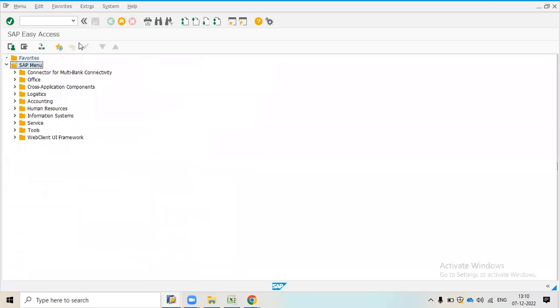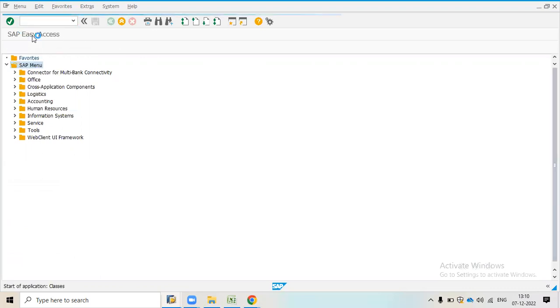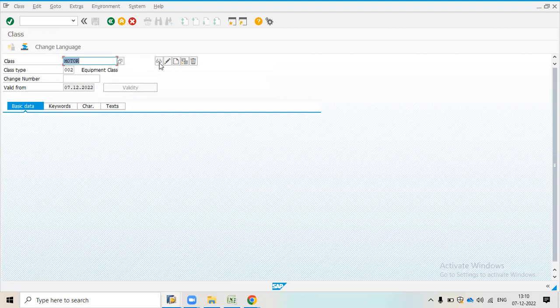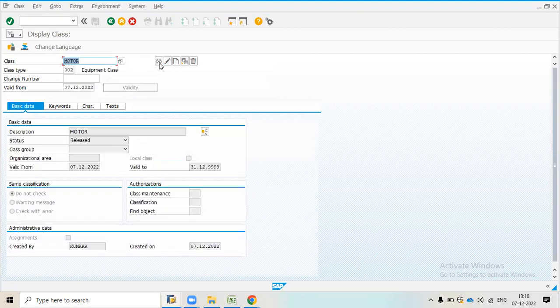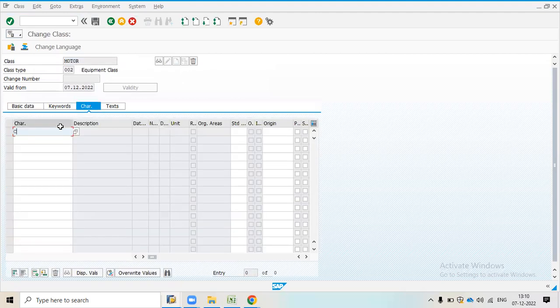Whatever characteristics we have created by using T code CT04, we are going to assign to some class. We have already created a class as motor, and we will click on change. Here we will assign all the details. First I will assign current, press enter, and the detail will come automatically. Voltage, press enter.